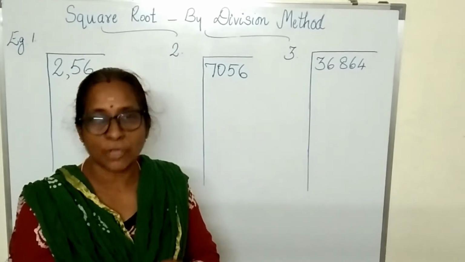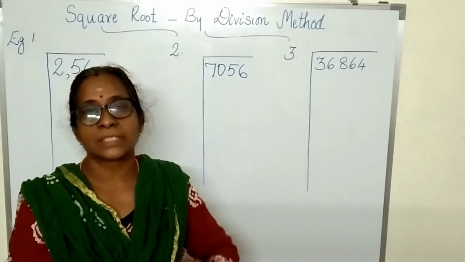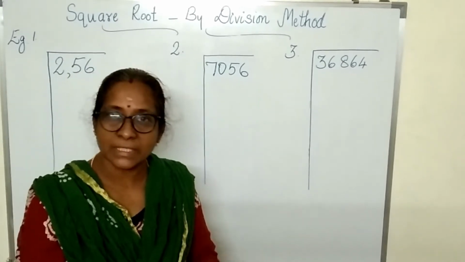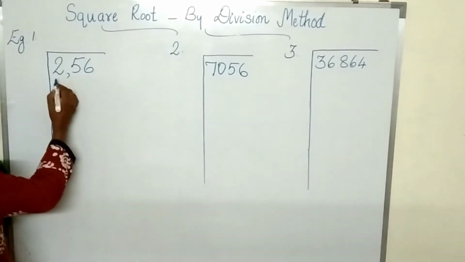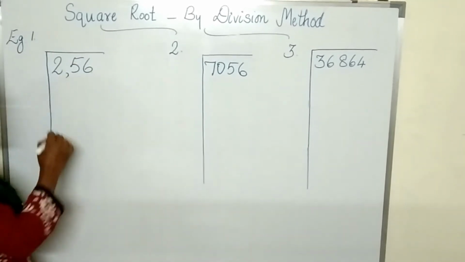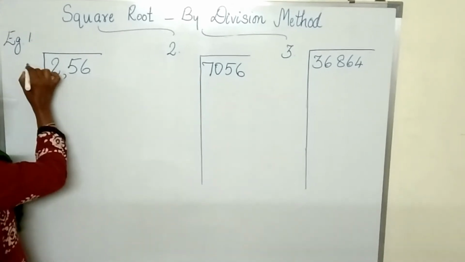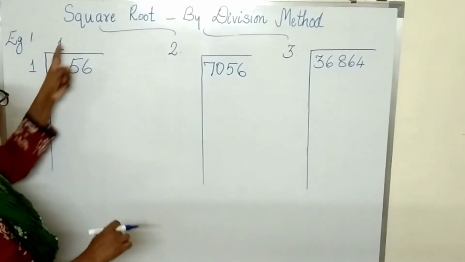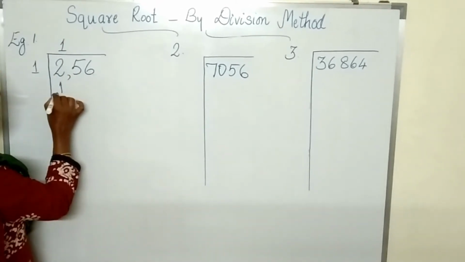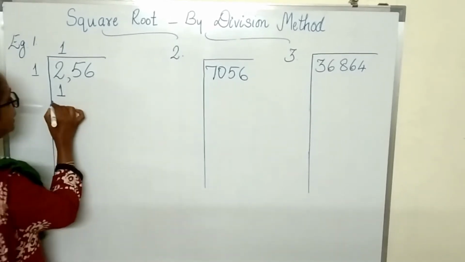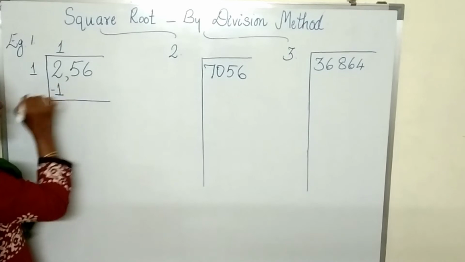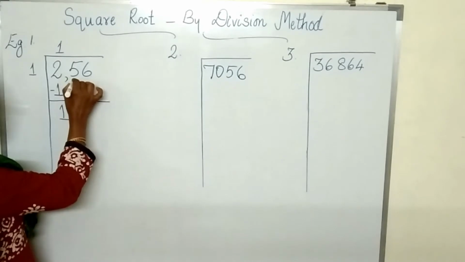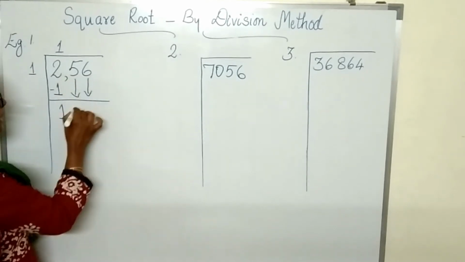You know that 2 is not a square number. Which is the square number less than 2? Yes, 1 ones are 1. So here the square number just below 2 is 1. So how will you get 1? 1 multiplied by 1. 1 ones are 1. So you write that 1 ones are 1. Now as you do in division, subtract it. 2 minus 1, 1. Then bring the second group completely down.